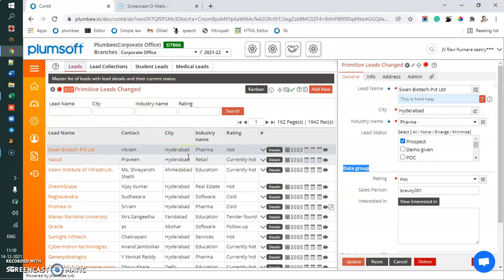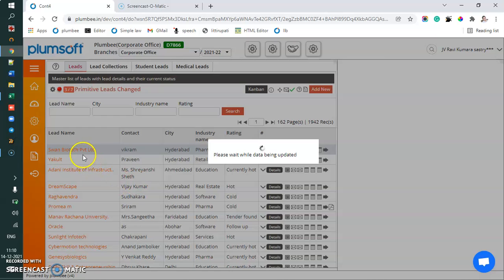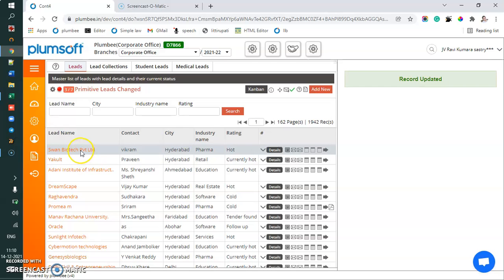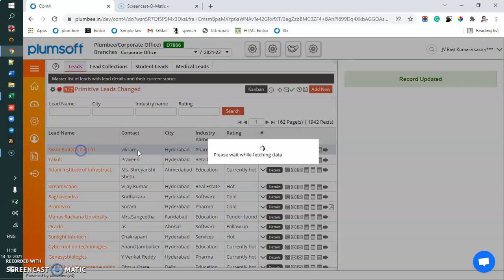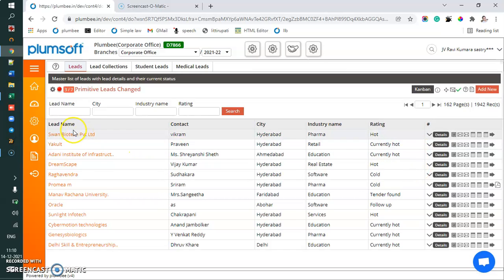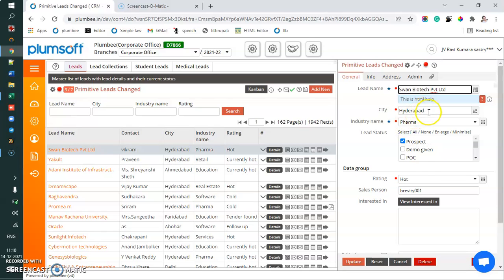And sometimes some of the fields you want to make it mandatory. Suppose this lead status is there, I'm able to save it. Okay. So even if there is no lead status, assume that I am just editing this, and suppose city or this status is there.